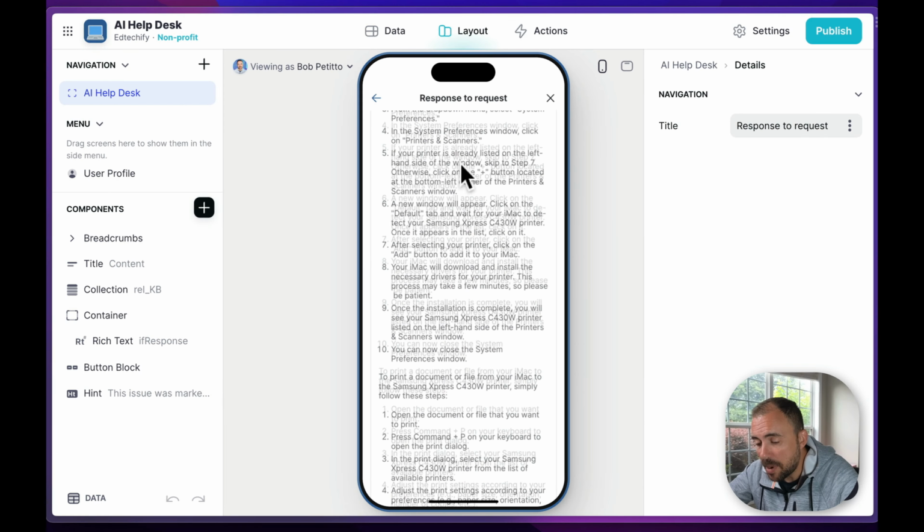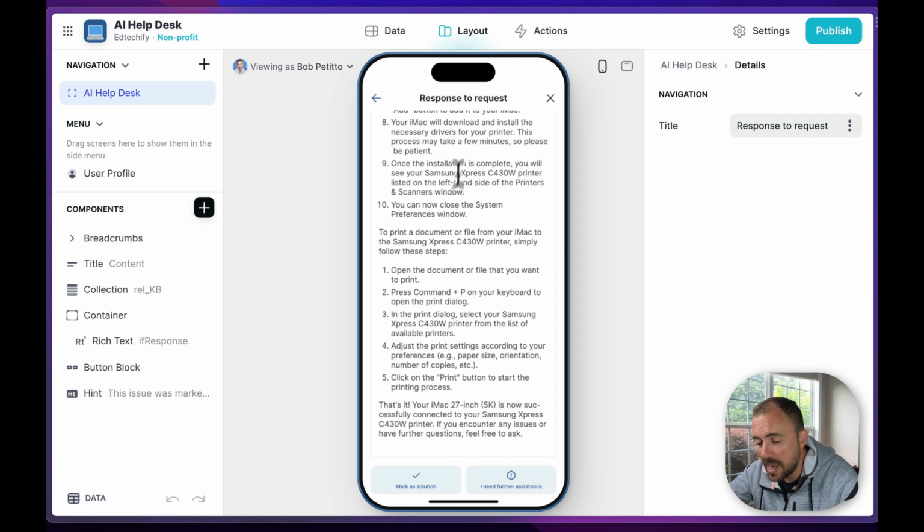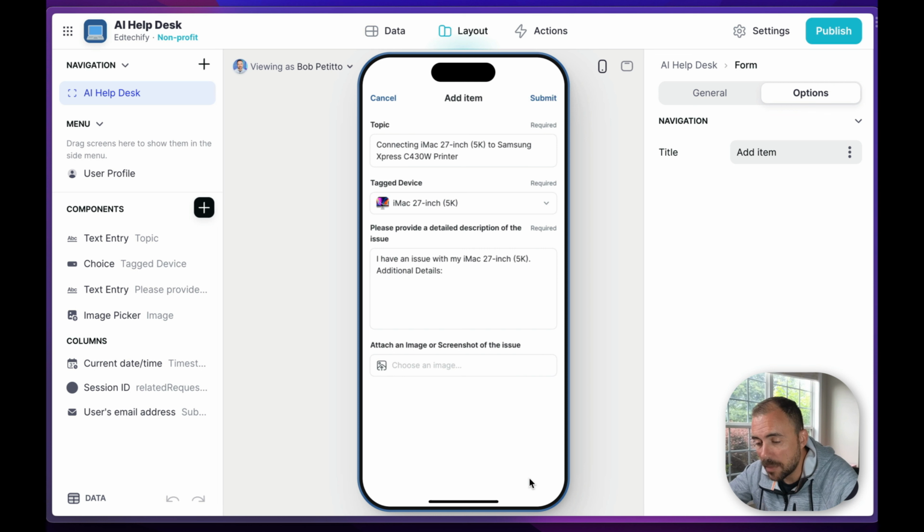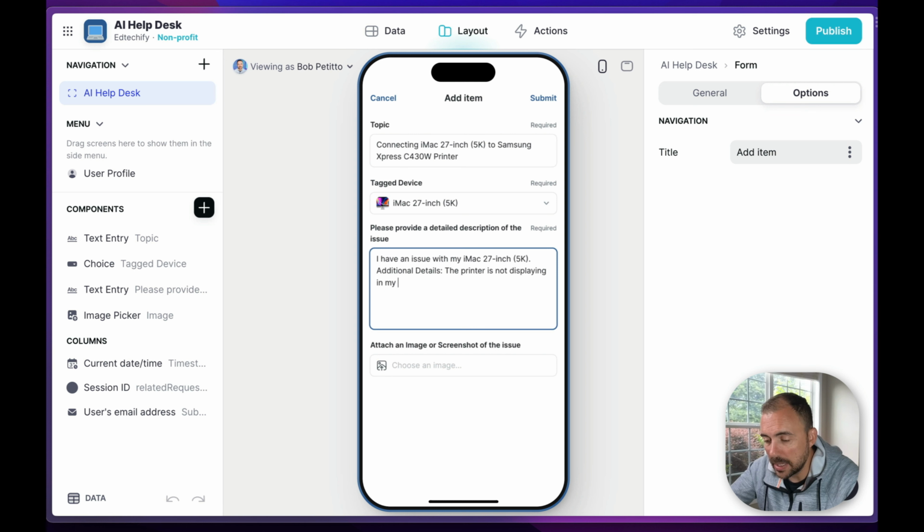So let's say this gets me part of the way, but I still have additional questions. Now I can either mark this as a solution, or I can mark that I need further assistance. And if I mark further assistance, it opens up a new form here that's going to get submitted to a tickets table. And here I have some additional information, right, where I already have the topic and the tag device and so forth, but here I can add additional context. For example, I have an issue with my Mac. I'm trying to connect to the printer, but for whatever reason, the printer is not displaying in my list of available printers,